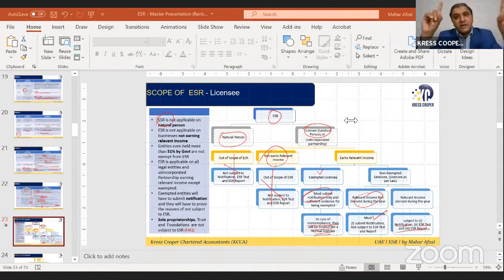We need to understand the essence of the law. We need to understand the reason behind the implementation of ESR. Then it will be clear why these licensees have been exempted. And the reason is, as we have discussed, there was tax evasion, a loss of revenue of 250 billion. These are the numbers given by the OECD. Due to this loss of revenue, due to BEPS, profit was being shifted from the high tax jurisdiction to the low tax jurisdiction.